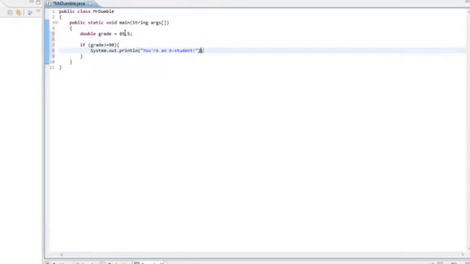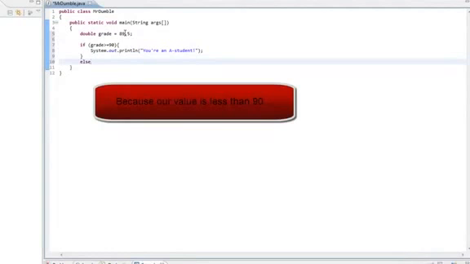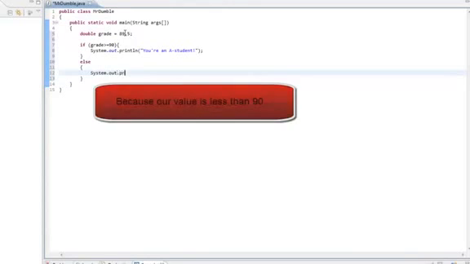That is a big deal. Deserves an exclamation mark. Well, what are the odds that this person is an A student? Well, we already know that they're not. Very close, though. Well, we need an else part, right? Either that or nothing happens, and that's just silly, because remember, elses in general are optional, but system.out.println,